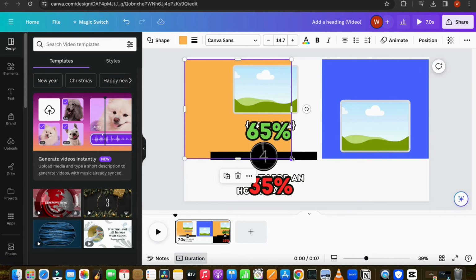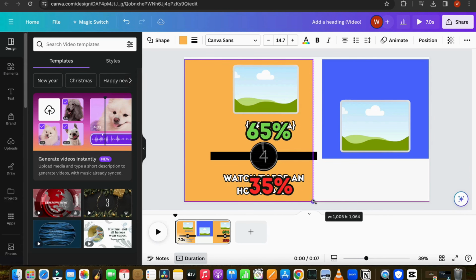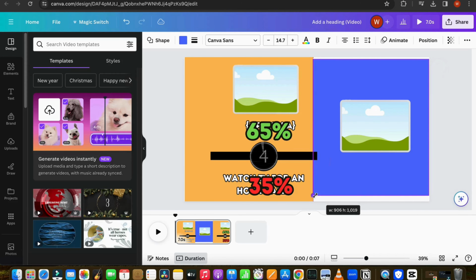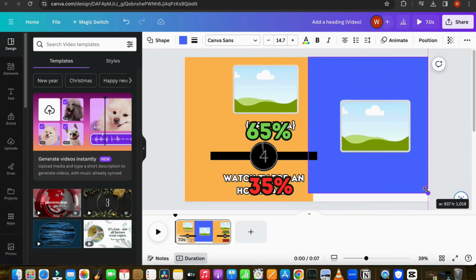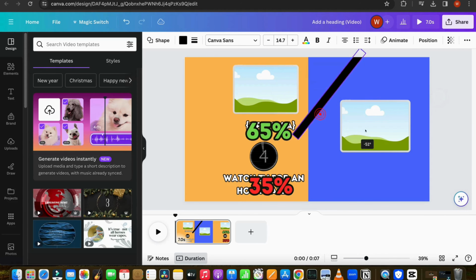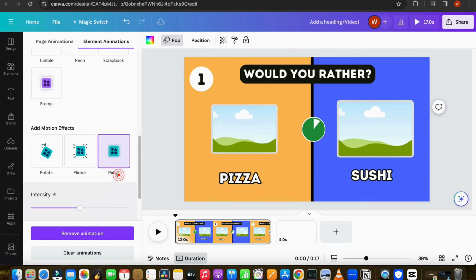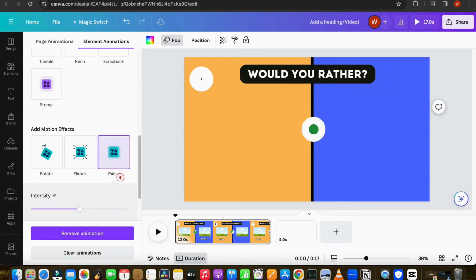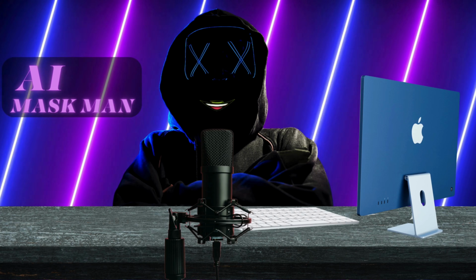Cover half of the page with yellow and the rest with blue. Set this divider in the middle of the page. After that, follow all the processes we did before while creating short videos. Add a timer, questions, and images using the bulk creation process. Also, add sound effects using the same hack I showed you before.